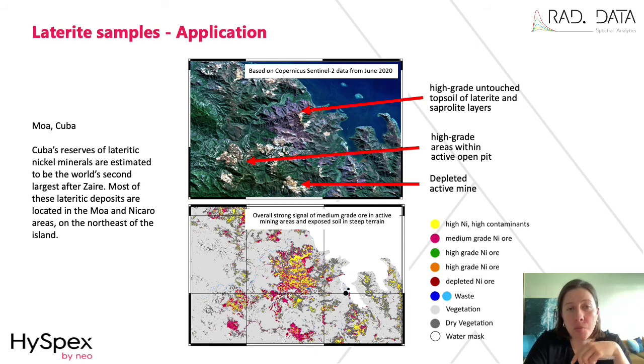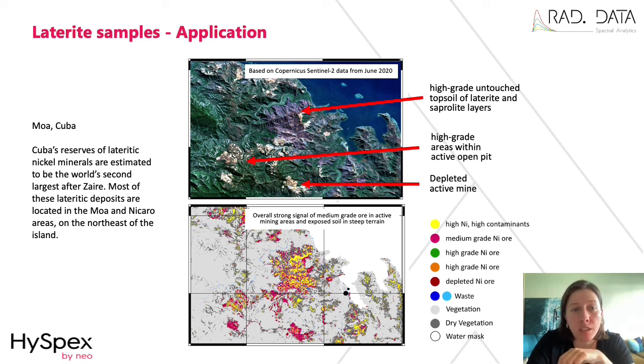And I used the same spectral library. Bear with me, because this spectral library is based on samples from Brazil, so we have differences in mineralogy, we will have differences in quality. But just to get a broad overview, and this is again Copernicus Sentinel-2 data from June 2020,